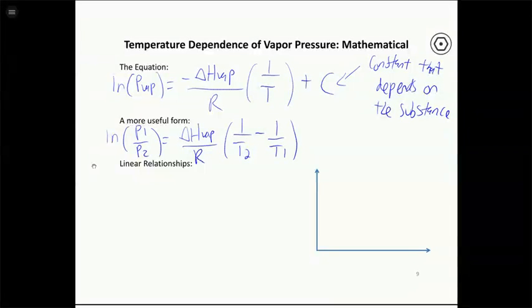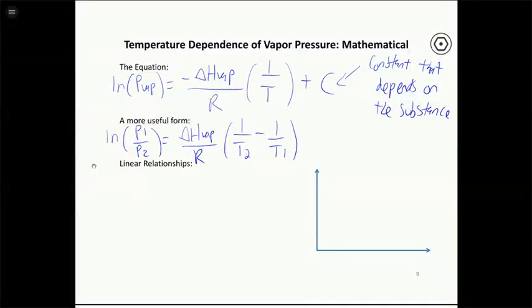Now this is the form of the equation that your book uses, so that's why I'm using it. There's another form of this equation where basically you either invert the natural log or you invert the two temperature terms and put a negative sign out front of here. So there's two forms of the equation. If you have an older version of the textbook or a different version, you might see a minus sign out front, and these two switch. They're mathematically equivalent, and this is the one that your book uses, so I'll stick with it. Okay? All right, so that's the more useful form, which involves comparing the vapor pressure at two temperatures.